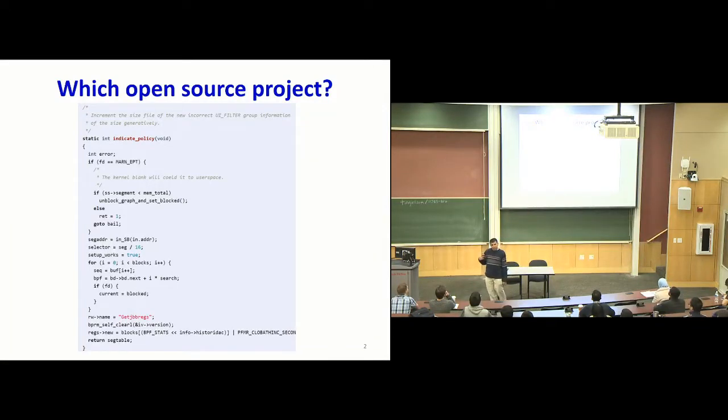Can anybody guess which open source project this code is from? So the point is, this is very authentic looking code, right? It's a proper function. It's written in C. It's got perfect comments. Every opened parenthesis is closed. Every opened loop is closed. Every variable is appropriately used, etc. It's very impressive. I'll tell you where the code comes from later.